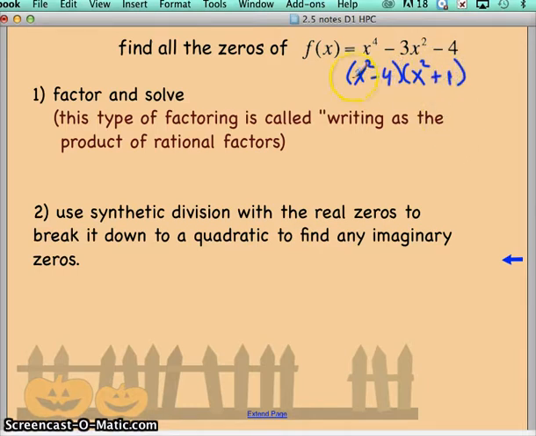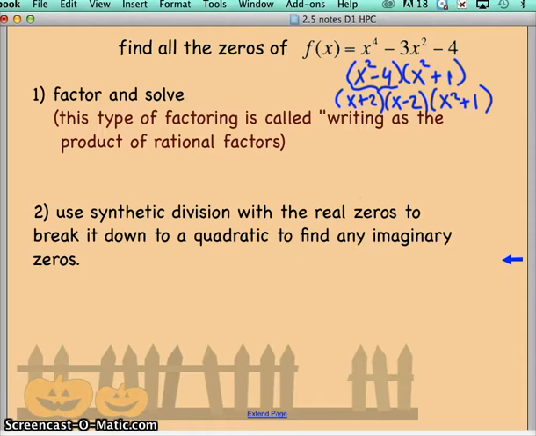And then this factor factors even farther. It's difference of squares. So it will factor into 2 things that look identical except one's a plus and one's a minus. Now this last one, x squared plus 1, does not factor farther. It's not difference of squares because there's a plus here instead of a minus. Okay, so now that we have it factored,